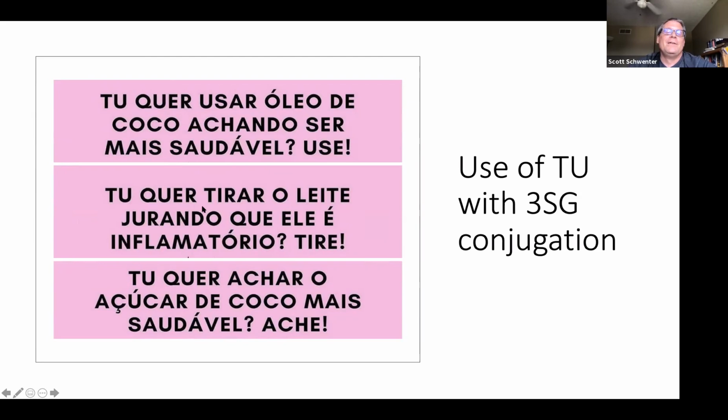You want to use milk, swearing that milk is, or get rid of milk, swearing that milk is inflammatory, then get rid of it, right? You want to think that coconut sugar is healthier, then go ahead and think that, right? So here we have tu quer, right? Quer is the third singular conjugation. It's the one you see with você, right? So it's not tu queres, as they would say in Portugal, right? It's tu quer